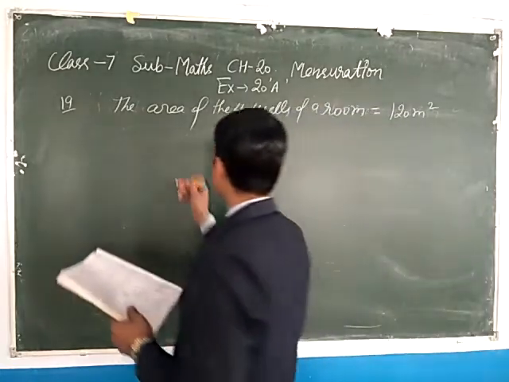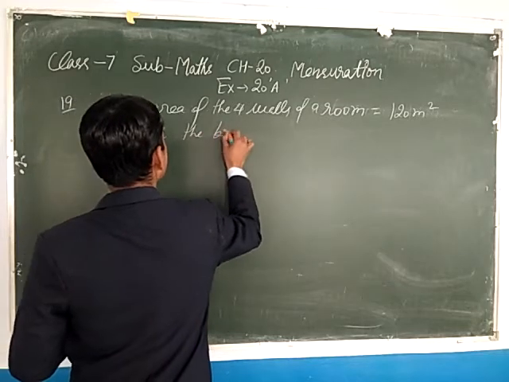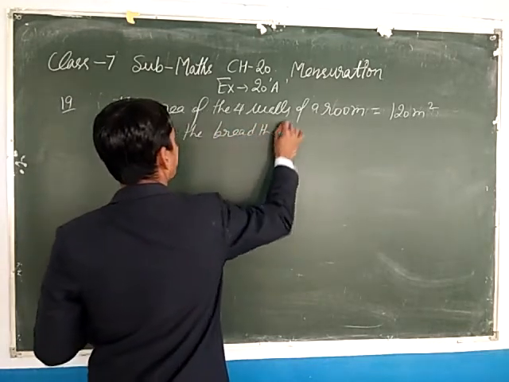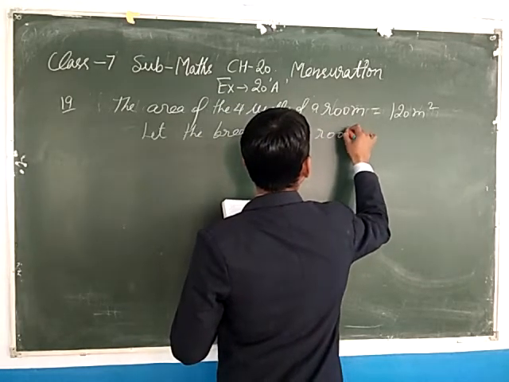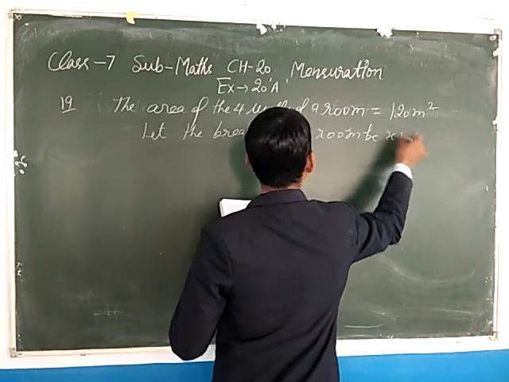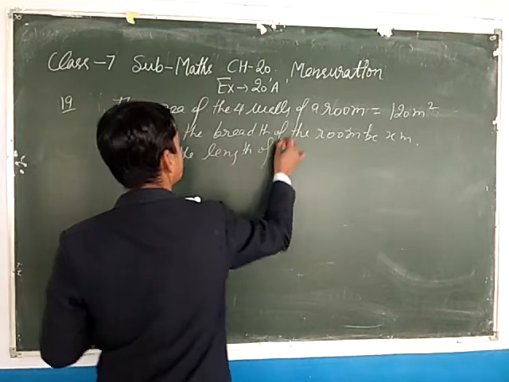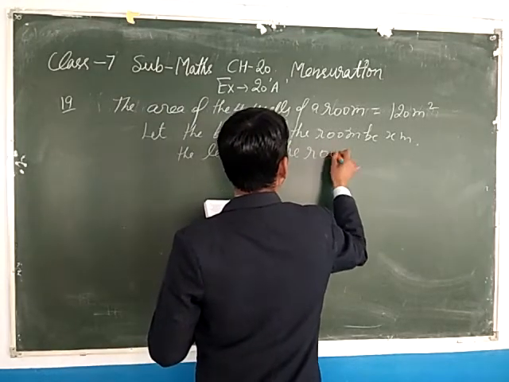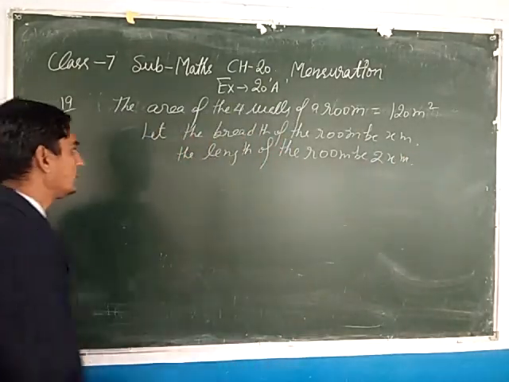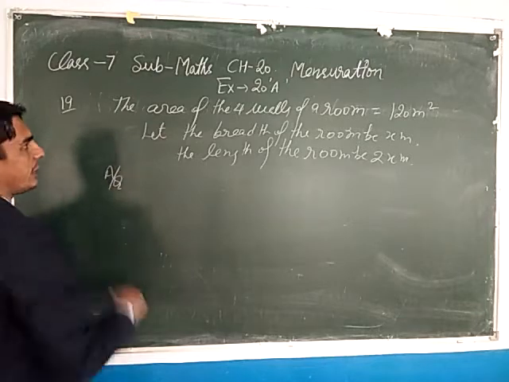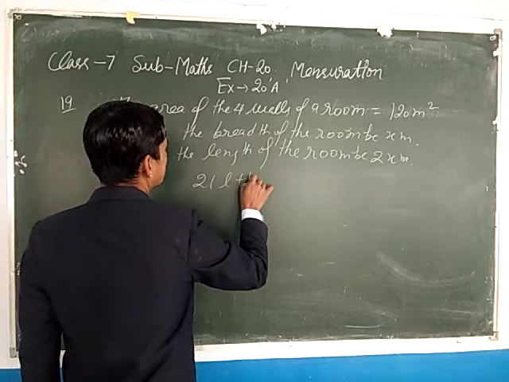So firstly, let the width of the room, the breadth of the room, be x meter. So the length of the room is twice, so 2x. Clear beta? You know very well the area of four walls is 2 (length plus breadth) multiply height,